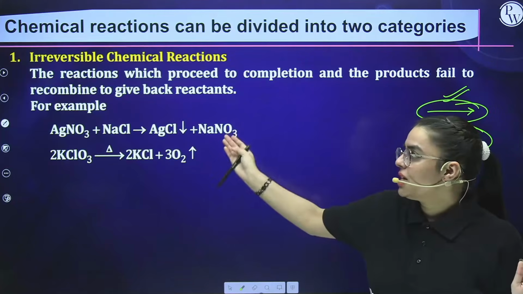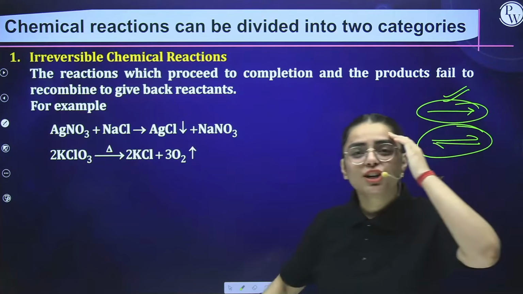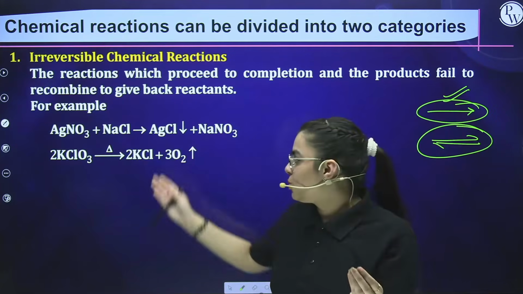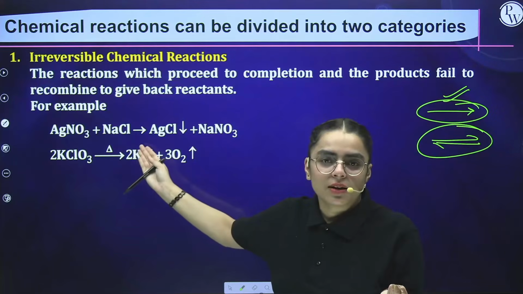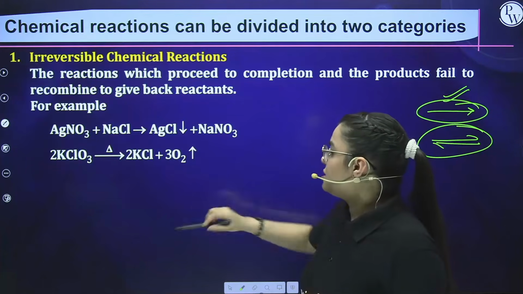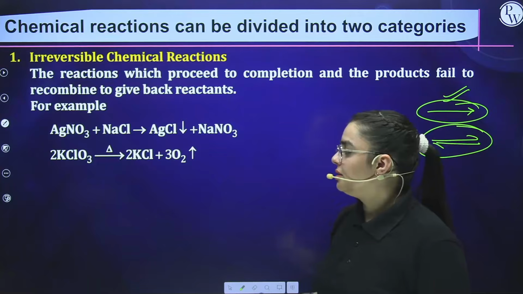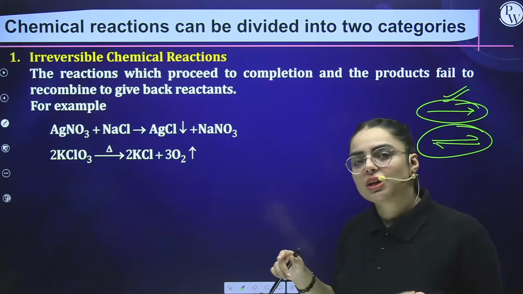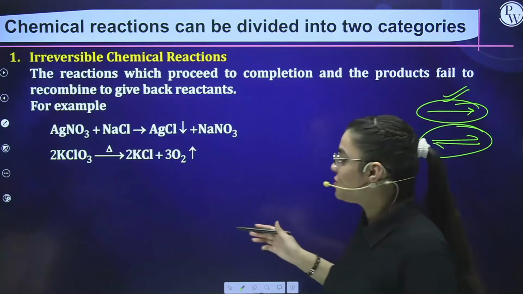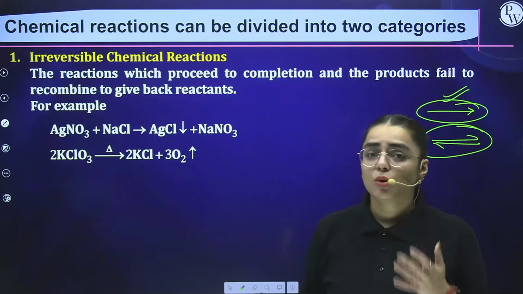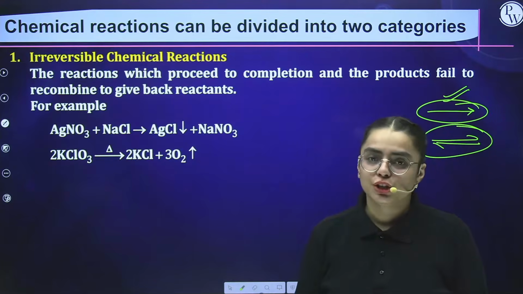So this is which state? An irreversible state. The best way to differentiate a reversible and irreversible is the sign in between these. Here is a single sign, a single arrow. Clear? And moreover, students, here in the next case you can see KClO3 when heated gives KCl plus O2. This is also a kind of irreversible reaction, because reactants are being converted into product, and now the product is not converted back into reactant.